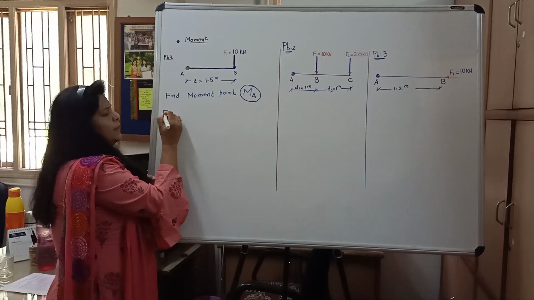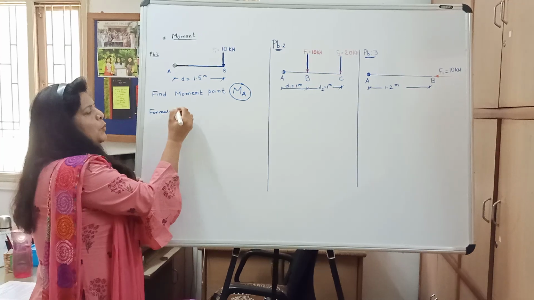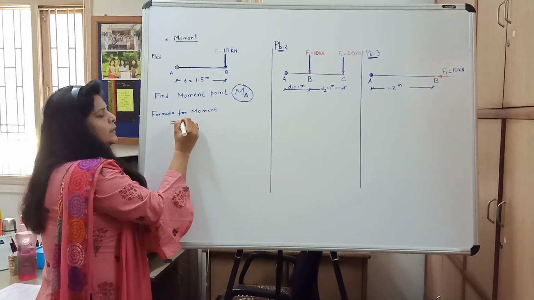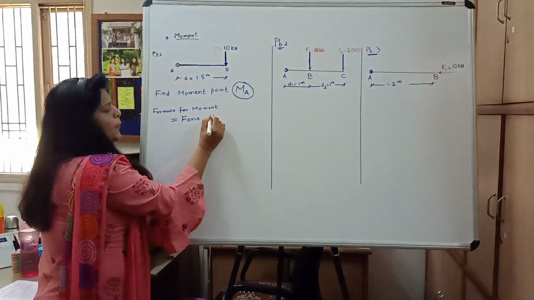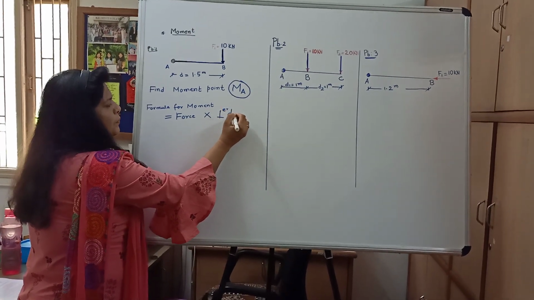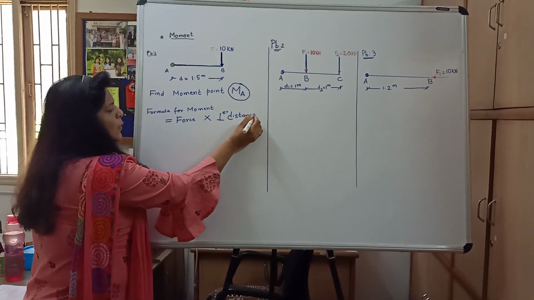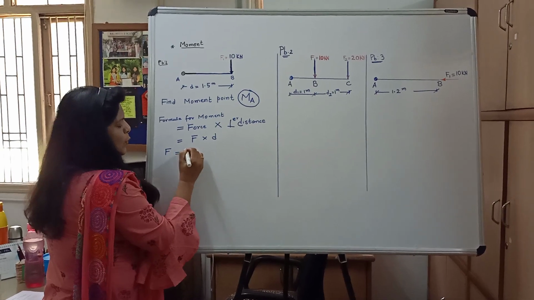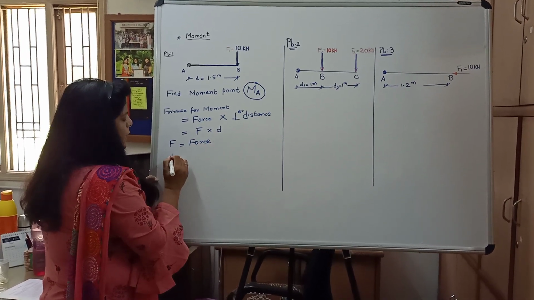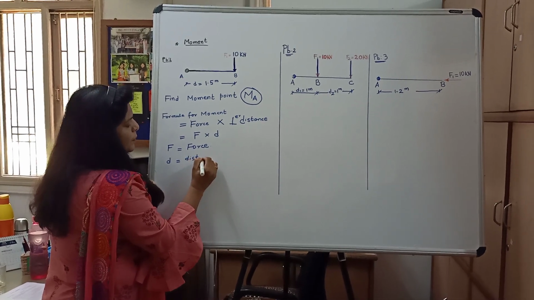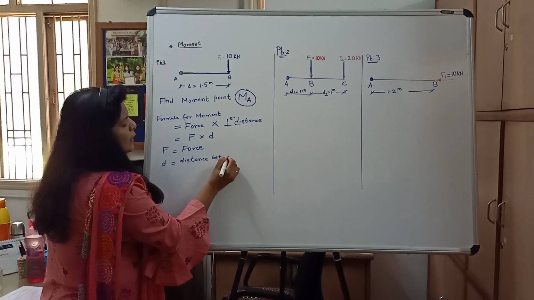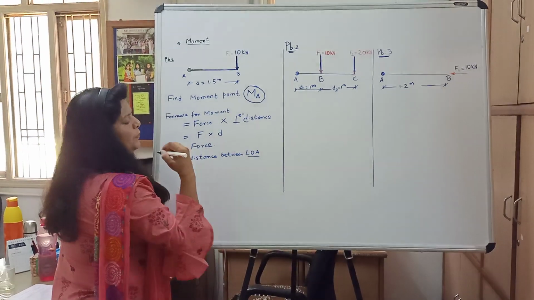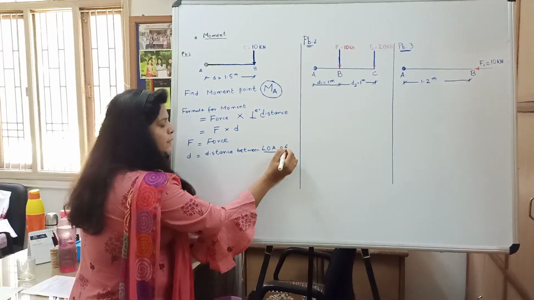What is the formula for moment? The formula for moment is force into perpendicular distance, that is equal to F into D, where F is force and D is the distance between the line of action, LOA, a very important term. Distance between the line of action of force